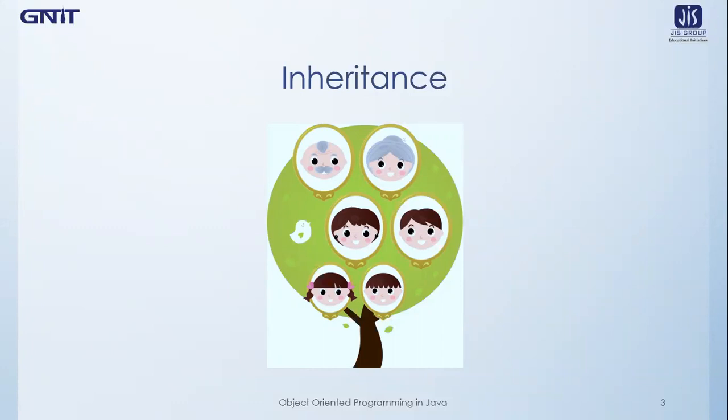Now the same concept can be applied in a Java program between two or more classes. There are many types of inheritance available in object-oriented programming languages and Java also. So let's start with the basic definition of inheritance, which says that when one class acquires the properties or characteristics of another class, then this relation between them is known as inheritance in an object-oriented programming language. As Java is also an object-oriented programming language, this inheritance property holds in Java programs also.